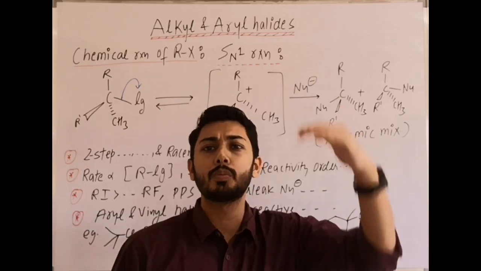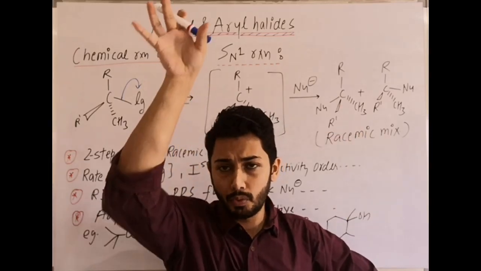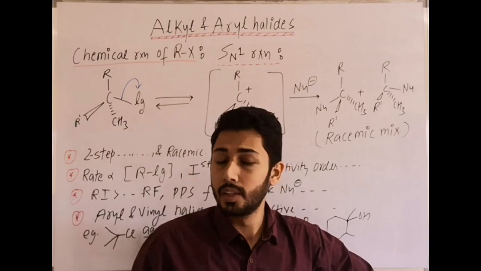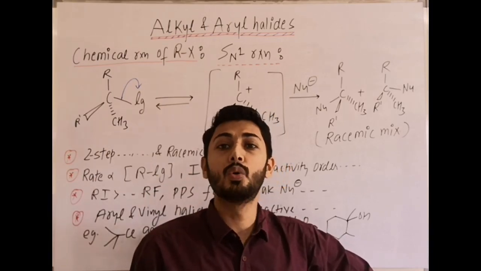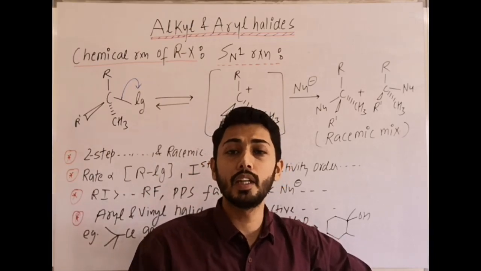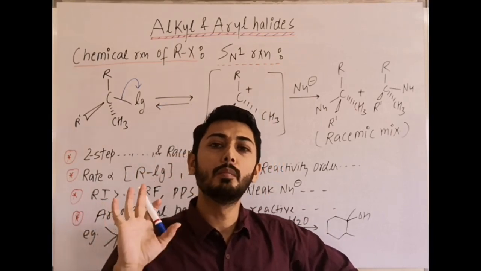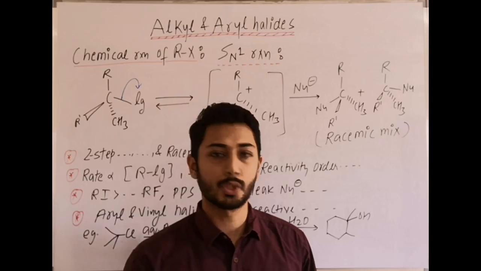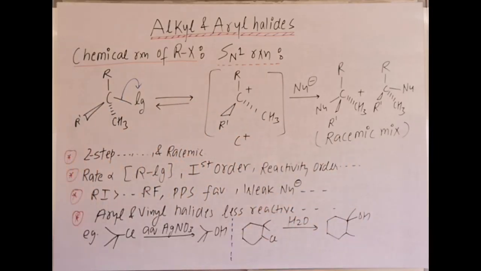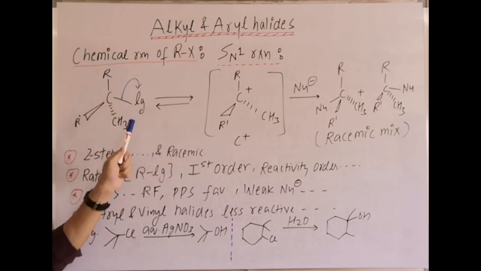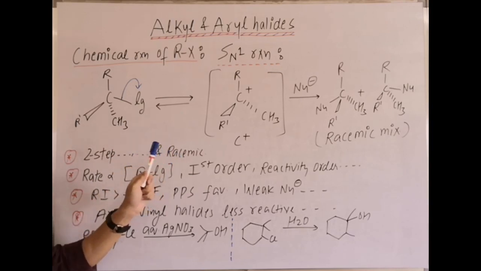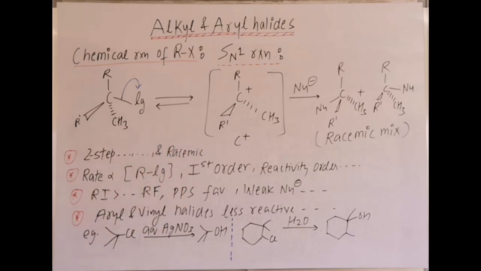If they say among these options which will give a racemic mixture, and if you are finding all will result in a chiral carbon, then go for that option where you are getting a highly stable carbocation, that will be more towards racemization. Right, now some key points. It is a two-step process. First step, the leaving group departs, carbocation formed, rearrangement is possible. Then in the second step, the nucleophile attacks from both sides and a racemic mixture is formed as product.